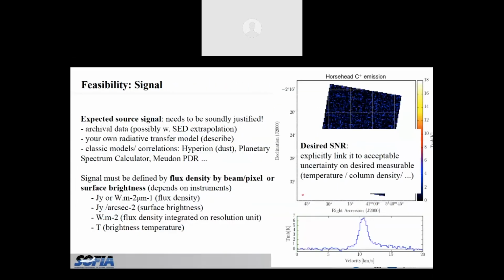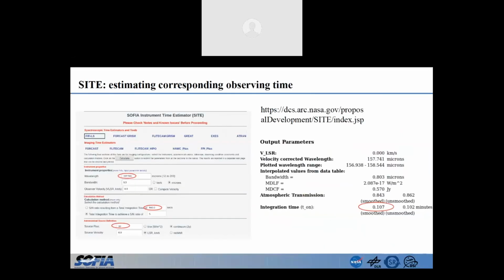And now you have to define your desired SNR and link it explicitly to your measurable. Why do you want an SNR of just 5? Is it enough to get the science you want? Or why do you want an SNR of 100? Isn't that overkill? And once you have this estimate of SNR and wavelength that you need and expected flux, then